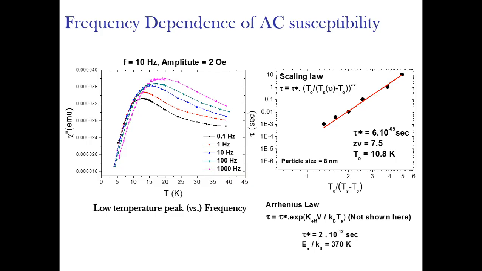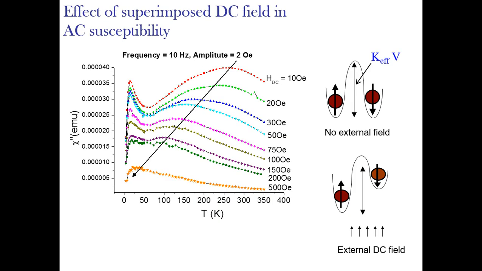And T naught is the spin glass freezing temperature, which is equal to 10.8 Kelvin. The other indirect evidence is the AC susceptibility under the applied DC field. We have taken the AC susceptibility by applying the DC field, and with the application of the DC field, you can see the blocking peak is shifted towards low temperatures,